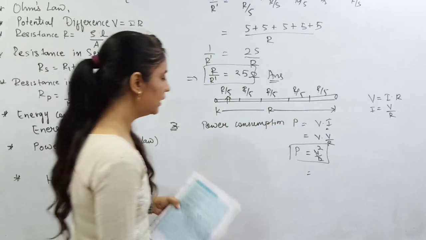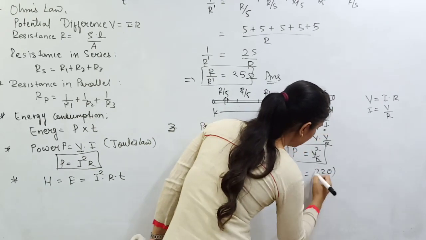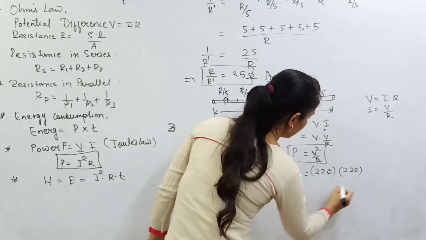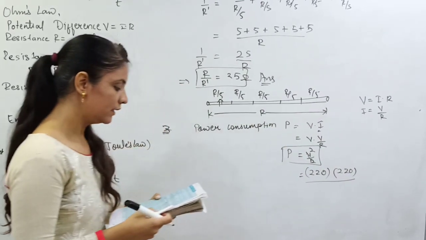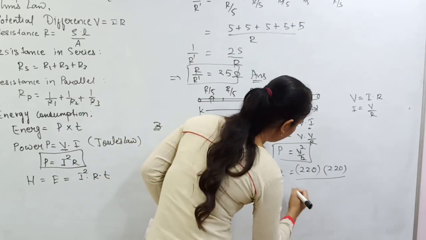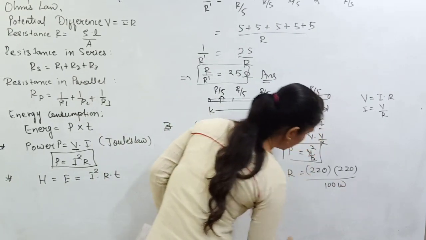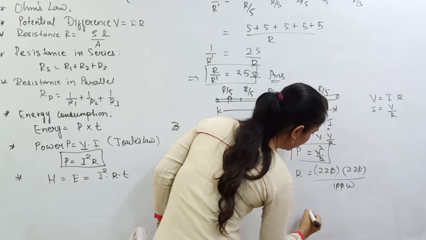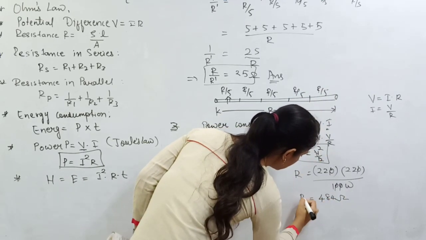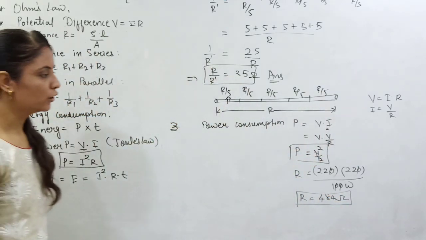That is 220 multiplied by 220, because it is having a square. So it will be 220. And resistance is what our question asks us to find. So resistance will come to the left hand side and power will be 100 watt. So the zeros will be cancelled and 22 multiplied by 22 gives you 484 ohms. That's what your resistance is. Got it? This is not the end of the story, everyone.